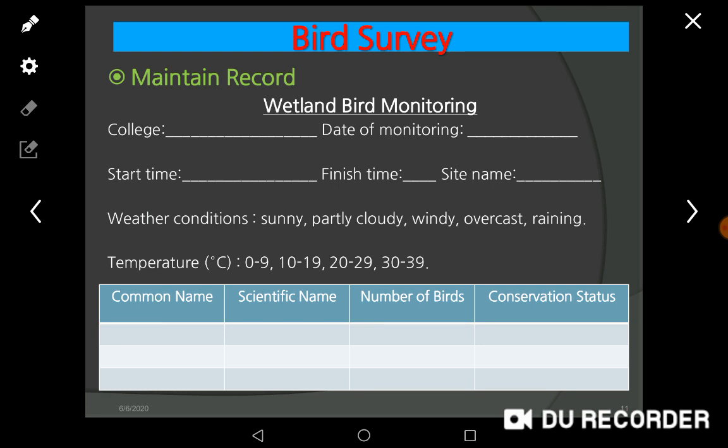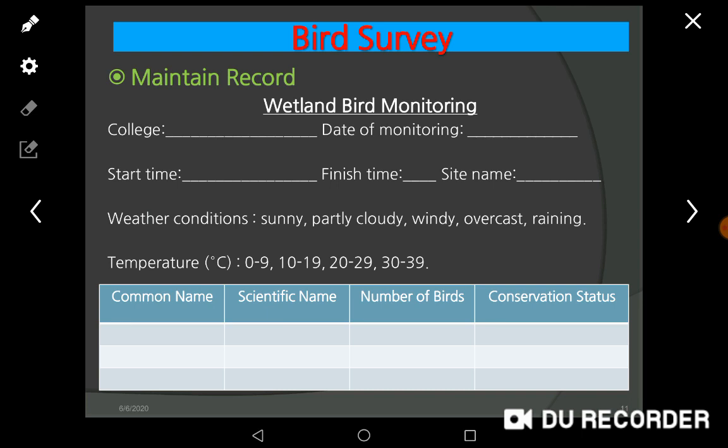These students and teachers can do a regular bird survey. If you have a good wetland nearby and birds always visit there, go and maintain a survey.